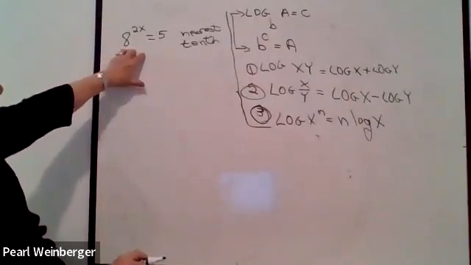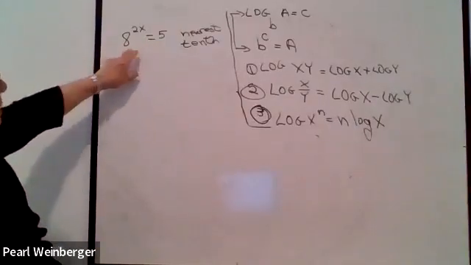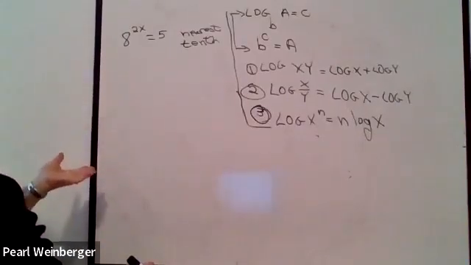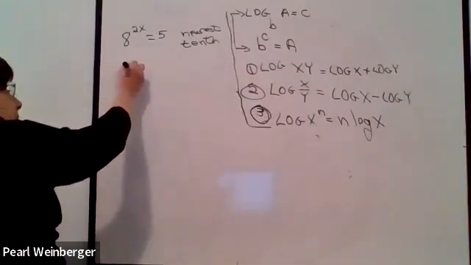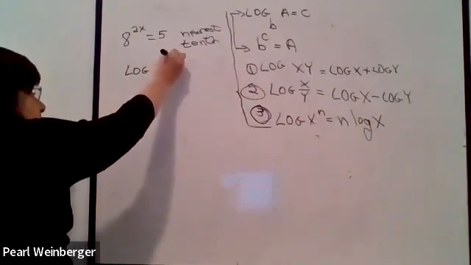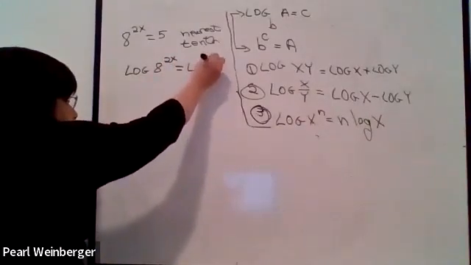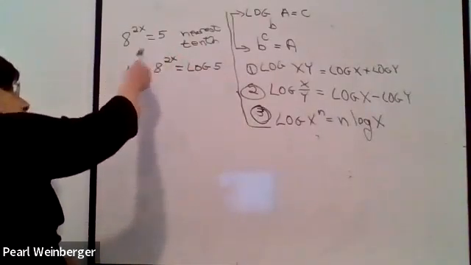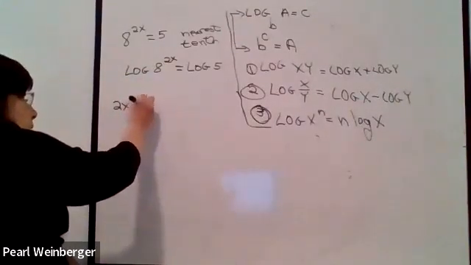So we're trying to solve this equation, 8 to the 2x equals 5, and there's no way I can get 5 and 8 written in terms of the same base. So I have to use my logarithm method. So again, I'm going to write the word log in front of both of these expressions. So we're going to get log 8 to the 2x equals log 5. And because I now have logs, I can take this exponent and put it in front. So this will become 2x log 8